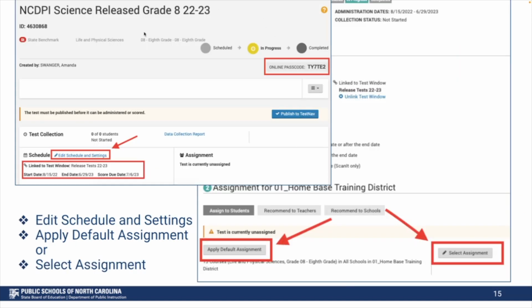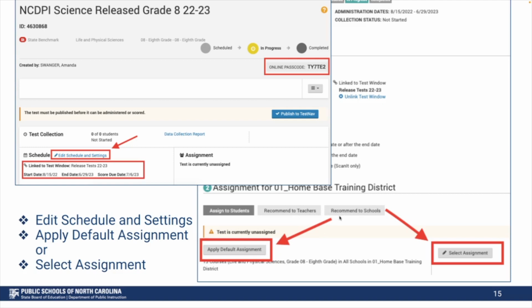So let's say you were looking at the Release Science Grade 8, you would go to your Edit Schedule and Settings button here, and then it's going to show Assign to Students, but that's going to be grayed out because district admins cannot assign directly to students, but you can recommend it to teachers,